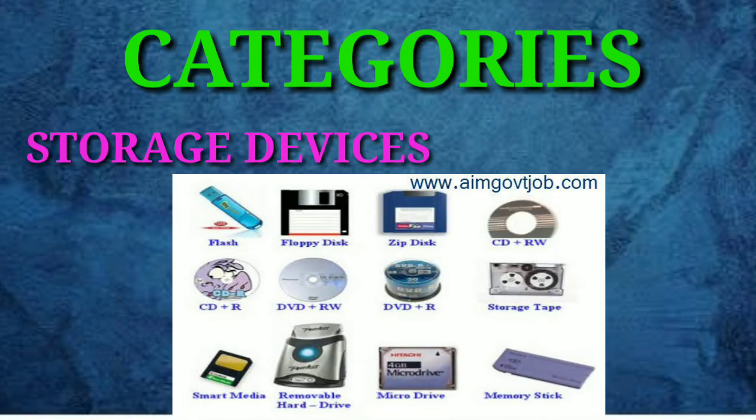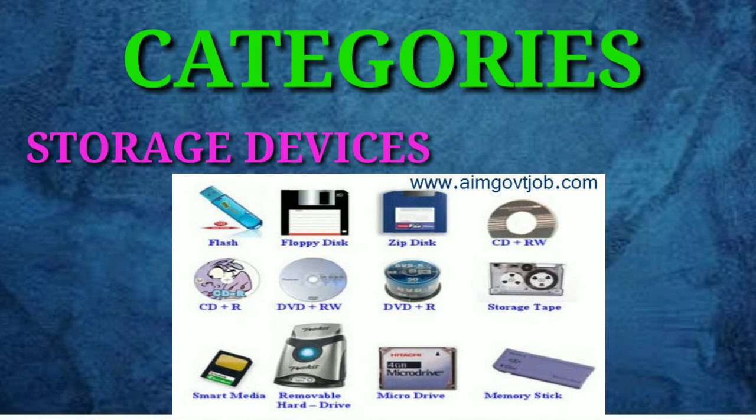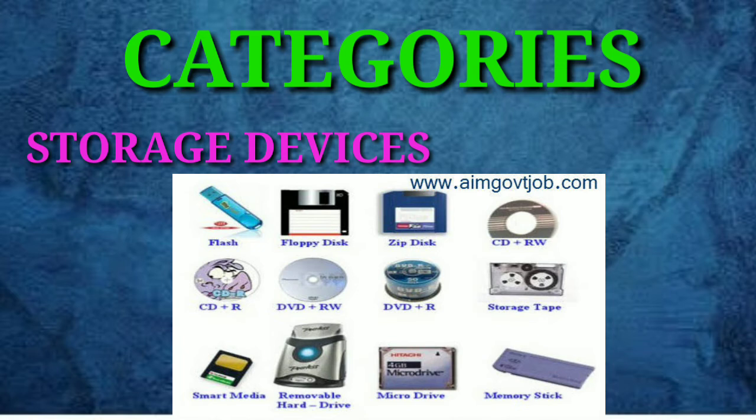A storage device is a piece of computer hardware equipment which can store different types of information. A storage device refers to computing hardware used to store information permanently or temporarily. The device can be external or internal to a computer, server and other computing systems. Storage devices are also known as storage media or storage medium. There are two types of storage devices: secondary storage devices and primary storage devices.